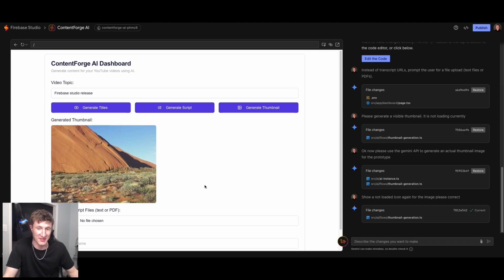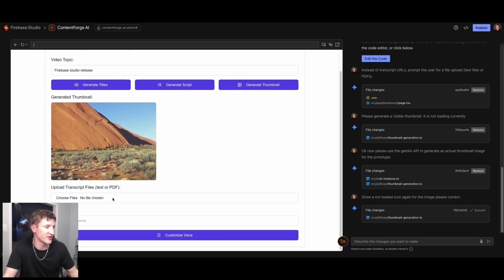I think we'll need to prompt it now to generate a thumbnail that corresponds with the actual topic. We got an image of a desert landscape here. I'm not sure exactly, maybe they're pulling that from Firebase. I think we'll have to direct the prompt a little bit in our prototype, but we are able to progress here into getting an AI generated image just by going back and forth with Firebase with a couple prompts. So pretty impressive. Before we do that though, let's just dive into confirming the creator customization and voice